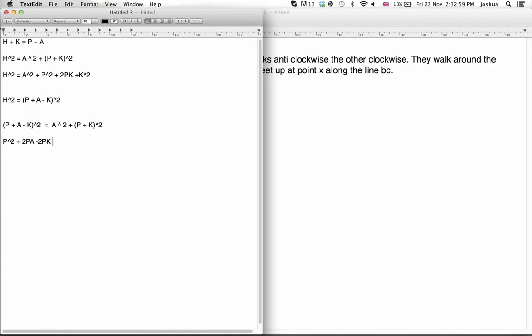Then it should be minus 2AK. So we get 1, 2, 3, 4, 5, 6, 7, and then you have 8, 9, which is plus A squared and plus K squared. That is one long equation, which is equal to